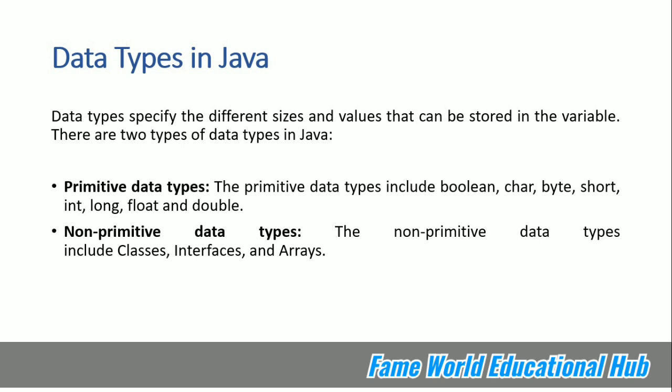Primitive can also be called primary, and non-primitive can also be called derived or secondary data types. When we are talking about primitive data types, they include boolean, character, byte, short, integer, long, float, double. These are the numeric data types, along with character, byte and boolean. But when we talk about non-primitive data types, they are classes, interface and array. In every language, the set of data types is different. For example, in C++, the non-primitive data types are different, but in Java, they are different.